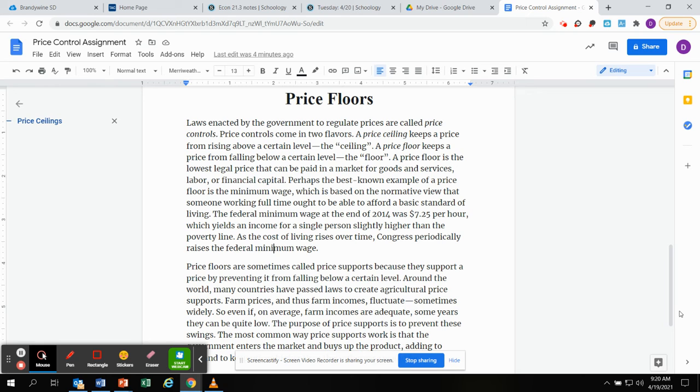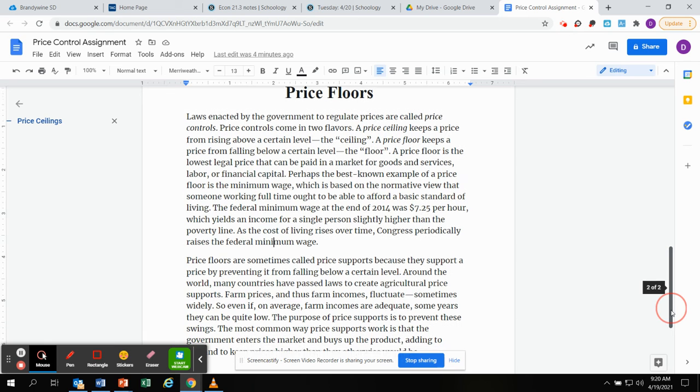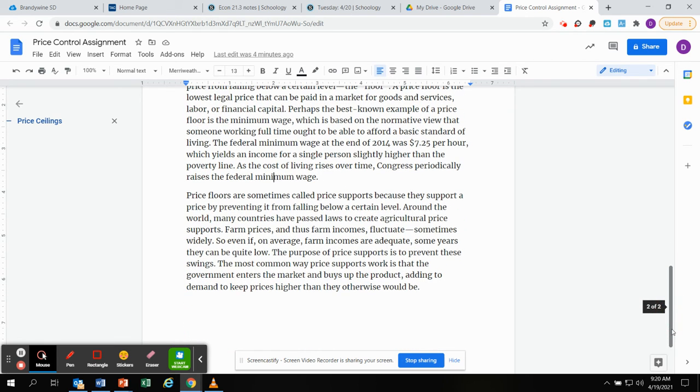a normative view that someone working full-time ought to be able to afford a basic standard of living. The federal minimum wage at the end of 2014 was $7.25 per hour, which yields an income for a single person slightly higher than the poverty line. As the cost of living rises over time, Congress periodically raises the federal minimum wage. Price floors are sometimes called price supports because they support a price by preventing it from falling below a certain